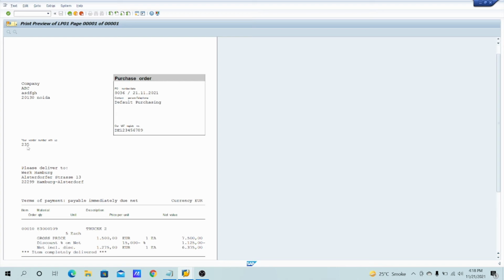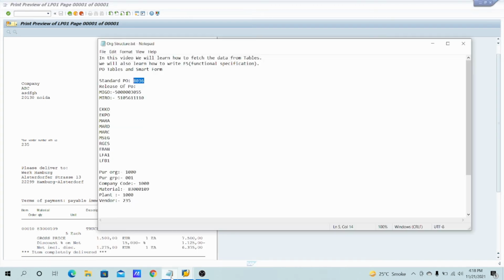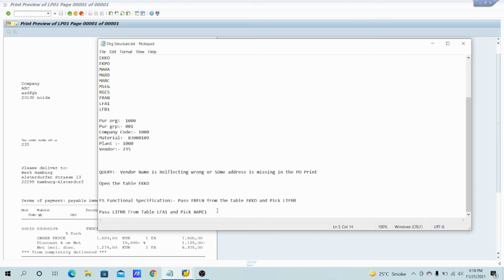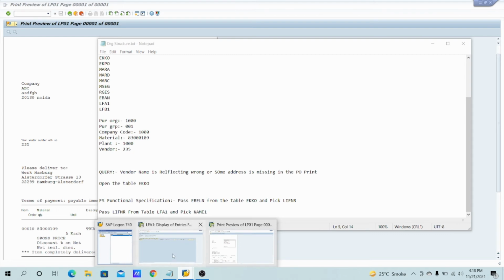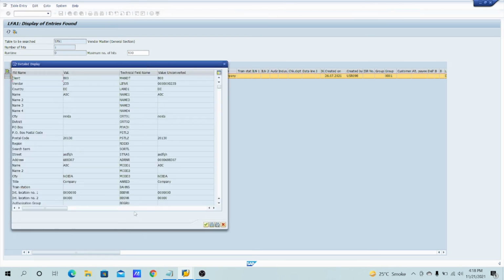And the vendor code is 235. It is updating, so in the smart form also it is updated. So this way we can write the FS, as these are the data we need. See the name 1, and what ASDS has come in the state, and what are the technical name details. The technical name is street. Control C,